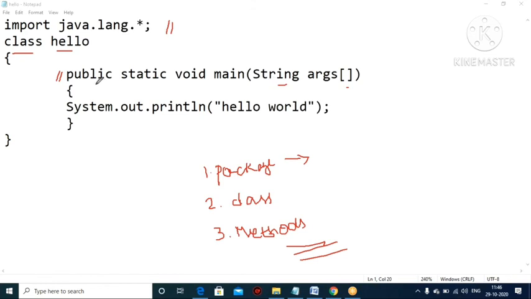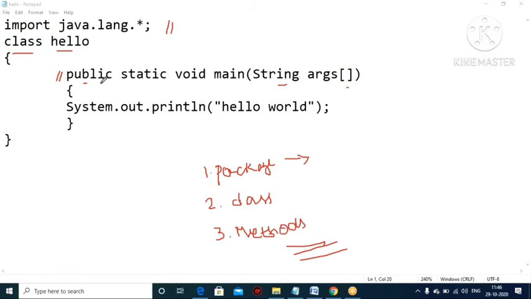Public means it can be called by the Java Virtual Machine, that is JVM, from anywhere. Why do we give public? Other than public, you can also give private class. Private means only one person can access it. Public, many persons.